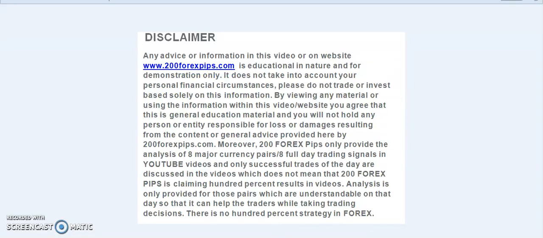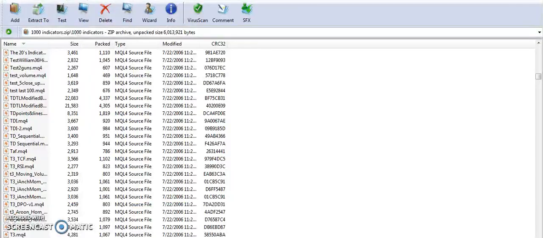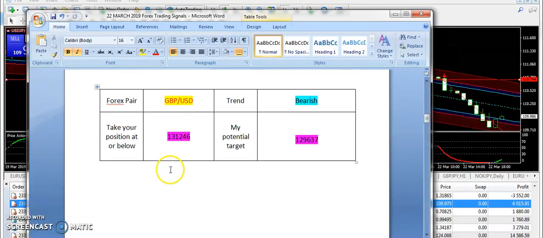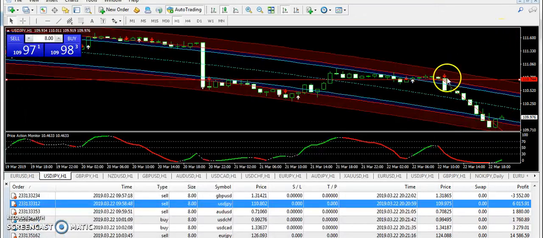I am here with the final analysis of 22nd of March 2019, and guys, I'm going to start today's discussion right from USD JPY. You can see we have a big drop on USD JPY today, and this is what 200forexpips.com provided as its signal early in the morning, with a bearish trend from 110744 and 109681 as the target price. However, you can see that USD JPY has gone down for many hours. So those subscribers who have taken the sell positions today on USD JPY as per 200forex recommendations,